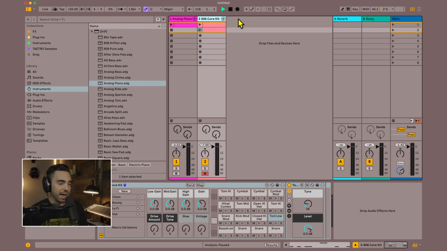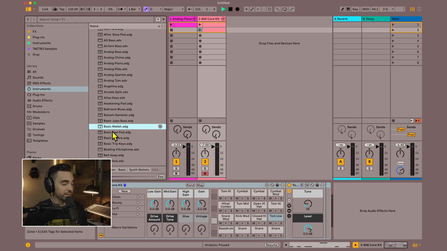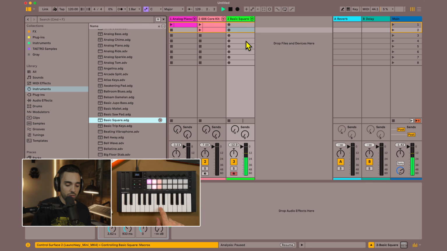So if we wanted to add some new instrument, we could certainly do that by selecting an instrument from the side panel here and just clicking and dragging it in. Don't drag it onto one of our existing tracks. That will totally replace the sound that we already have. Drag it into this empty space right here. And now